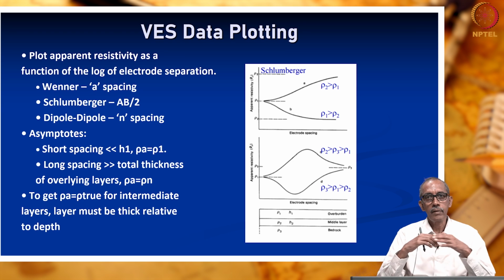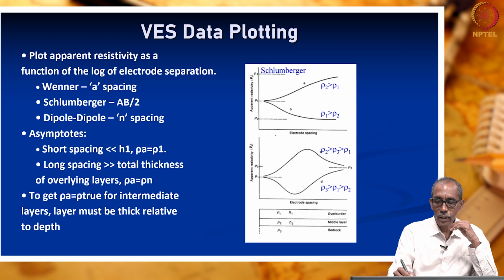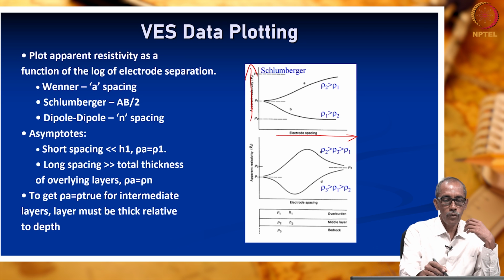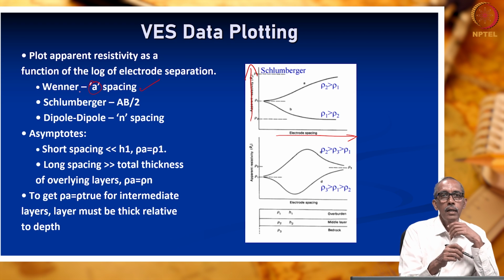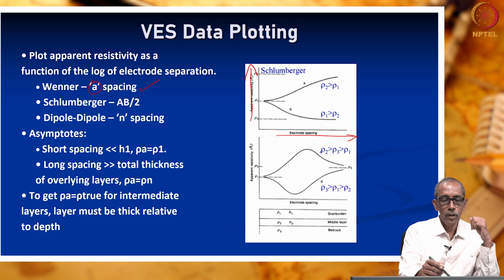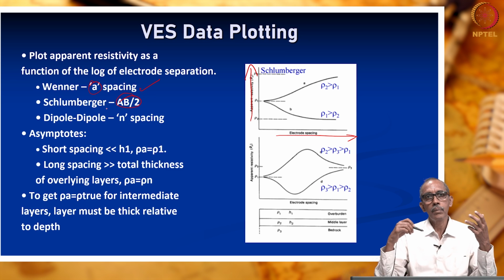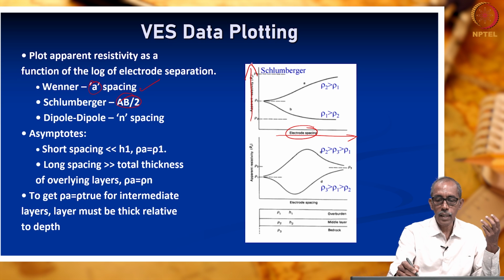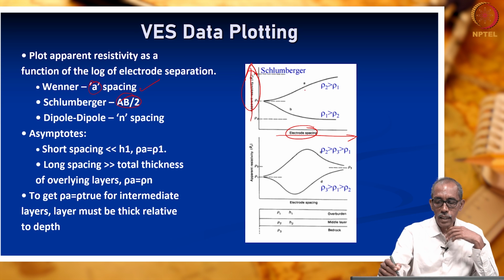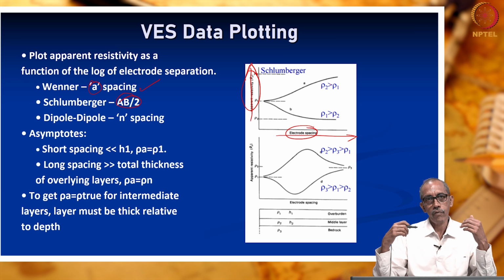Toward the end of the last lecture, we had seen this slide. That means, how do we understand the subsurface? We plot electrode spacing versus apparent resistivity, whatever method you use. If you use the Wenner method, electrode spacing is nothing but a. If we use the Schlumberger method, electrode spacing is nothing but AB by 2. If we use dipole, the electrode spacing is nothing but n. So, electrode spacing versus apparent resistivity we are drawing. The shape of the curve helps us to understand the subsurface layers. This is what we had seen in the previous lecture.